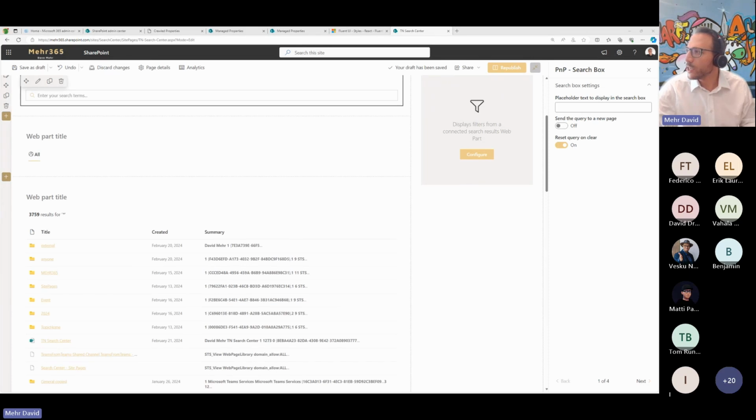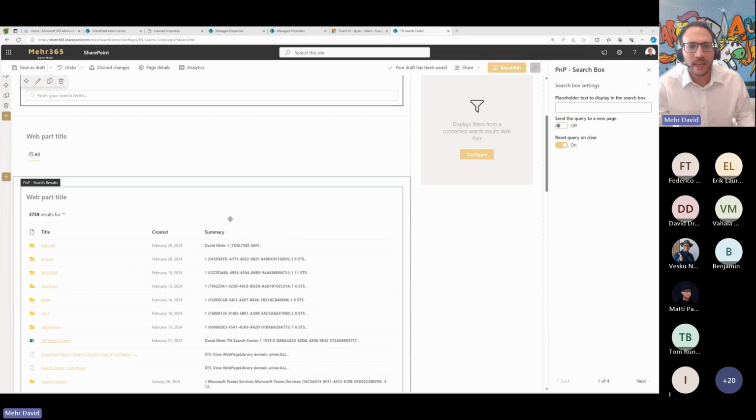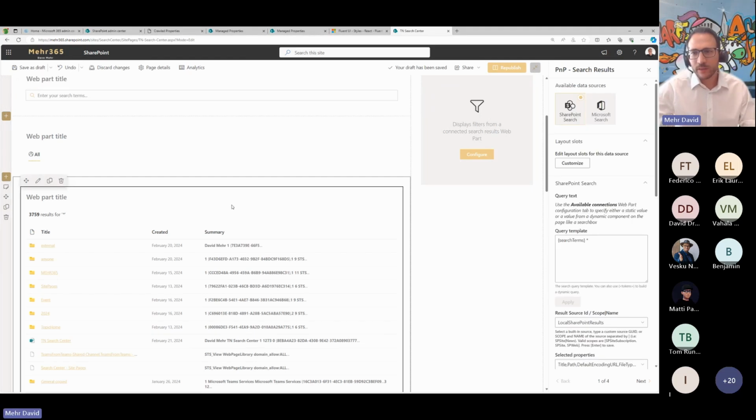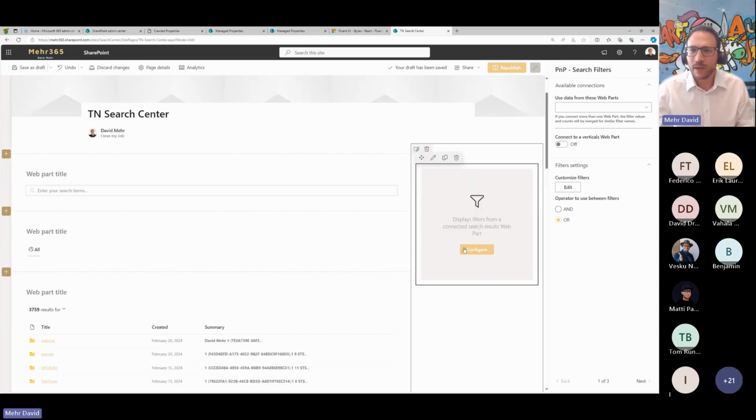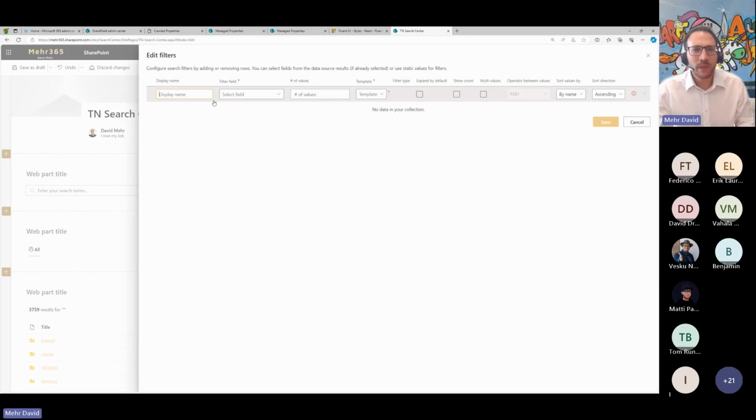So as next, we can also configure the filters. And for the filters, I go here on the right side to my search filters web part. And first, I connect it to my search results web part, not connected to a vertical. And here it's possible to